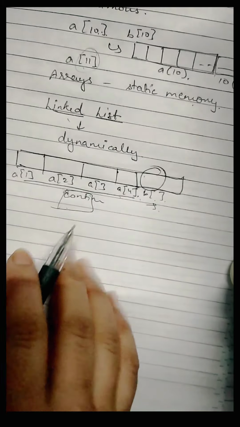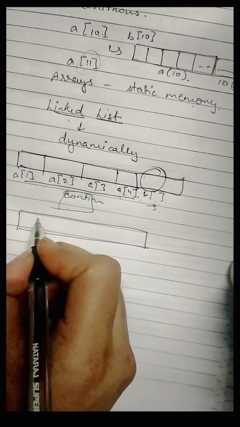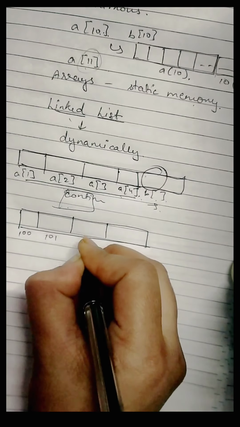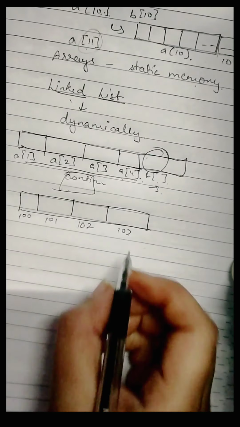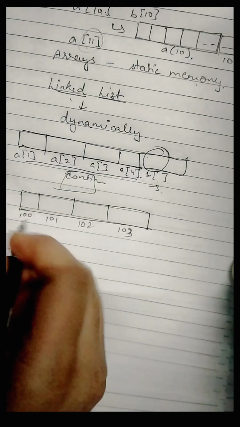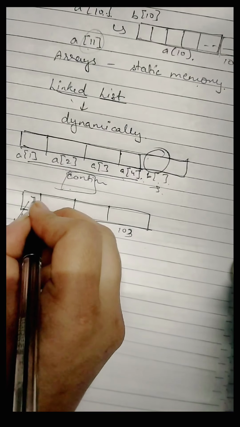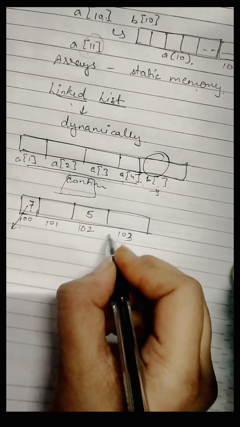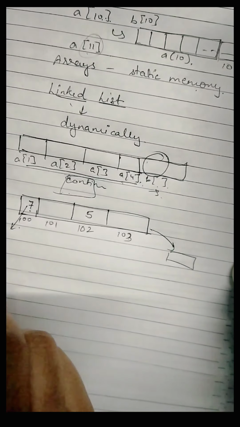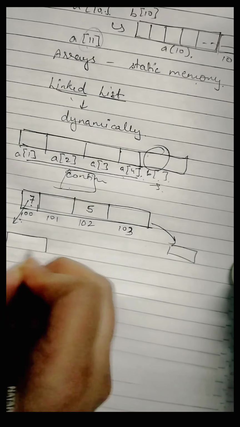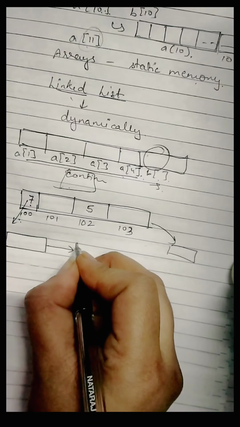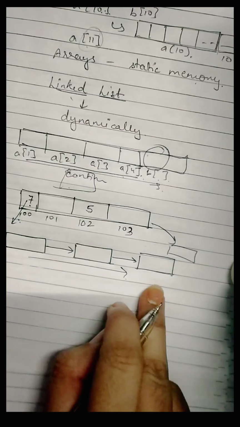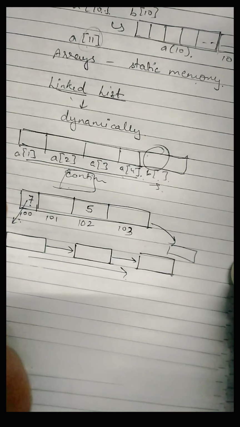So instead of this, if we see a linked list, in a linked list we have different memory allocations. For example, this is address 100, this is 101, 102, 103. Now if I want to allocate any memory to a data, for example this, it is having 7. Now I want another element to be allocated in the memory, that is given this space. Similarly some other, then it will be linking to other memory space. So this is a linked list where one location points to the other location. So it is a series that continues, but it is not a continuous series in the memory location.